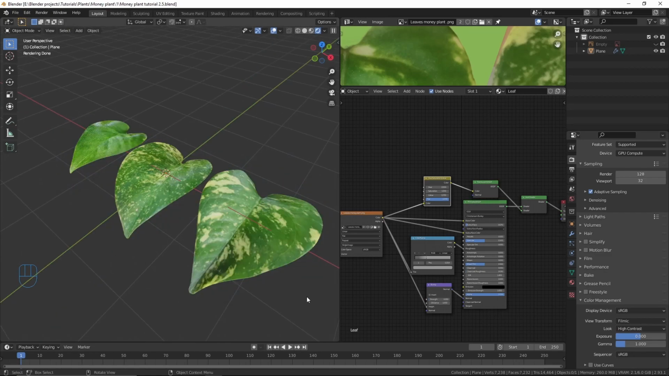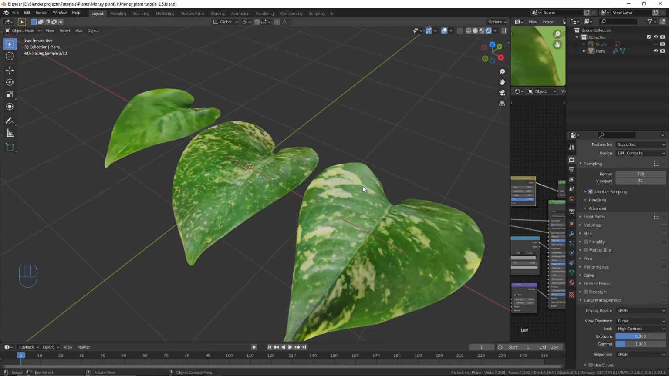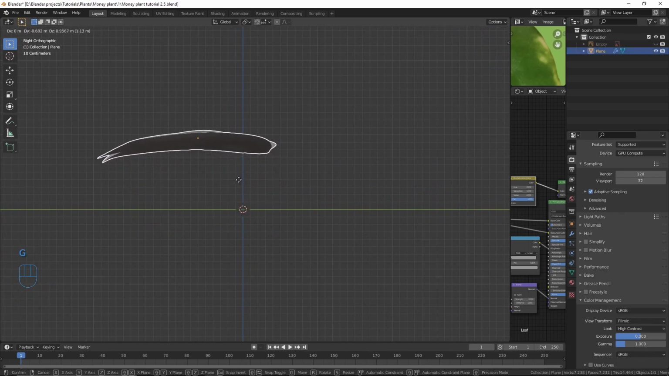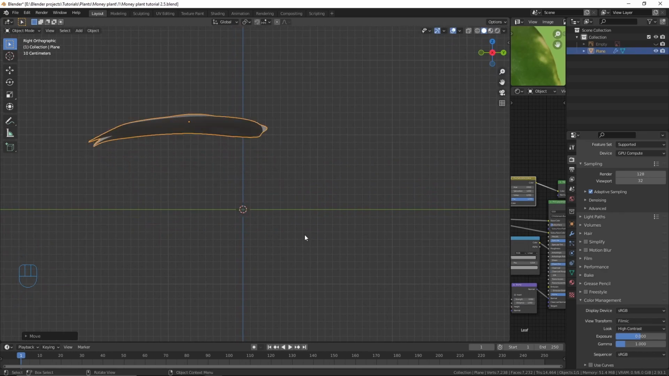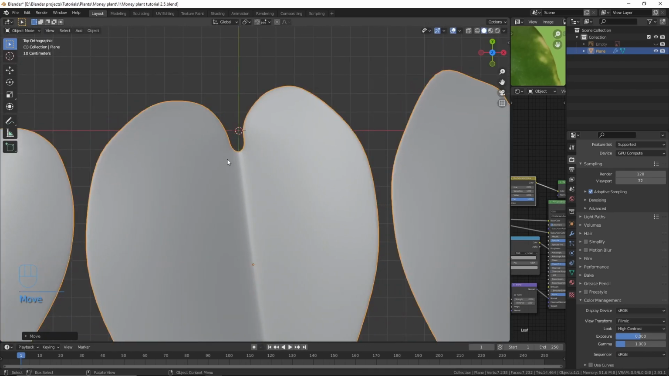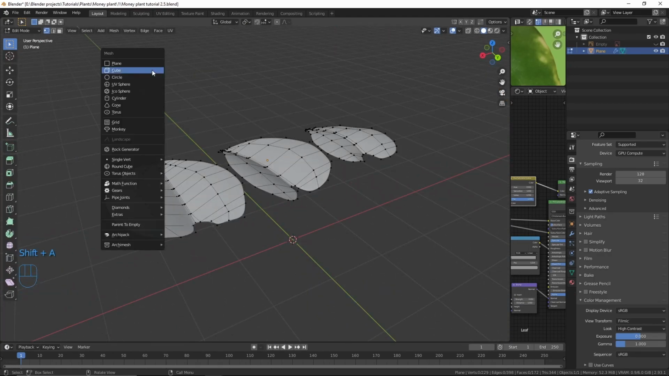And now let's create the stalk of the leaves. So I'm gonna move these to the right to give myself more space, and now I'm gonna go to side view, and now I'm gonna move this to something over here. Then I'm gonna go to top view, and I'm gonna move this to the right so that this line is in the middle. And now let's go to edit mode, and now I'll add a cube,